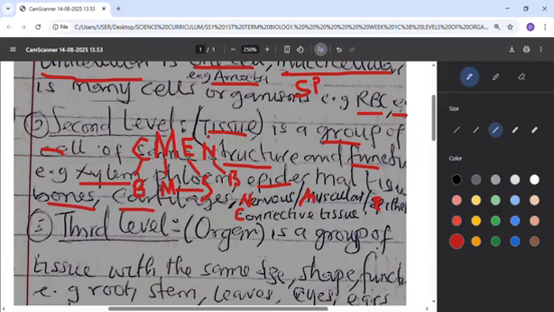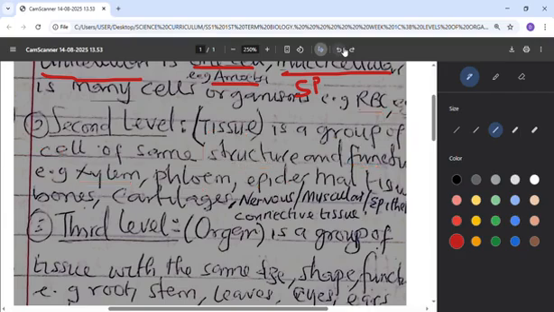So another thing is, if you want to know more about the usefulness of tissue, that means what tissue is doing in our body, you can break it down using the letters TISSUE to know what tissue is doing in our body. The T means transport, like the blood. The blood is a tissue, just as it is a cell, it's also a tissue, so it can transport. Then I is insulation, like fat. The fat in our body, like the one they call adipose, so it can do the work of insulation,